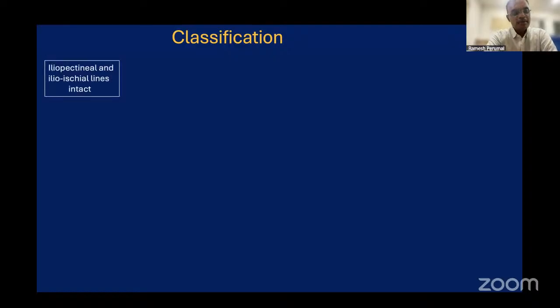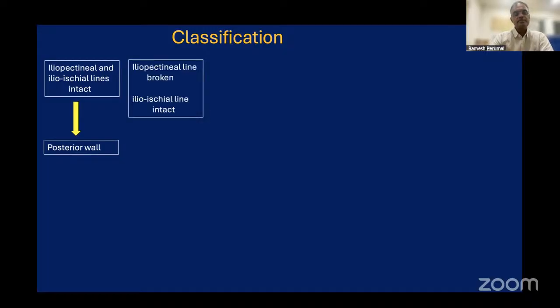So to summarize, when both lines, the iliopectineal and ilioischial lines, are intact, when you take an obturator view you can see the posterior wall fractures. When both lines are intact and when you take an obturator view there is a break here, it is a posterior wall fracture. Now when the iliopectineal line is broken and the ilioischial line is intact, always it is a measure of an